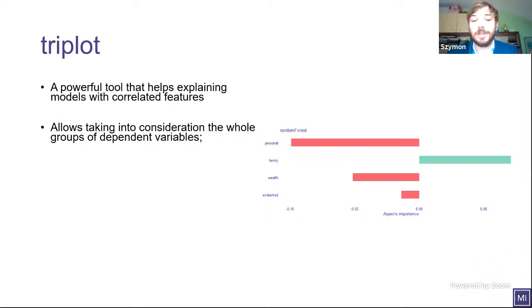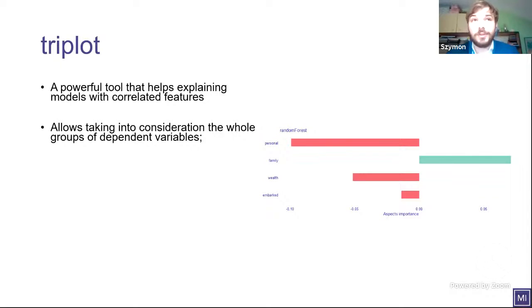It introduced the concept of aspects, and aspects are groups of dependent variables that are considered as one variable. An example can be seen on the right side, where it's aspect importance for the Titanic dataset, and here we have a wealth variable that is a group of class and fare variables that are highly correlated.